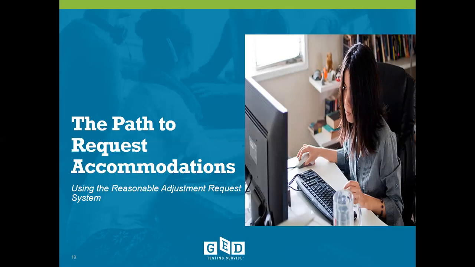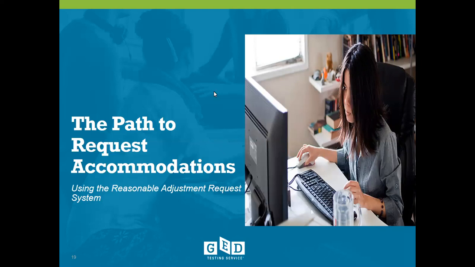If a candidate is only asking for some extra time, then maybe the ADHD documentation would be enough. But it never hurts to submit all the documentation that you have and let my team look through it. They're certainly not going to say, oh, well, this says this, so I can't approve it. If the documentation shows that the candidate should have accommodations for one of the things, but not the other, we still will approve it. So the good rule of thumb is to submit what you have and let my team take a look, okay?